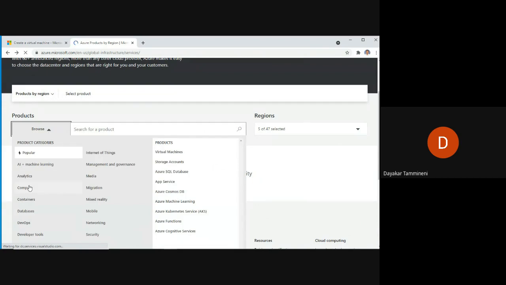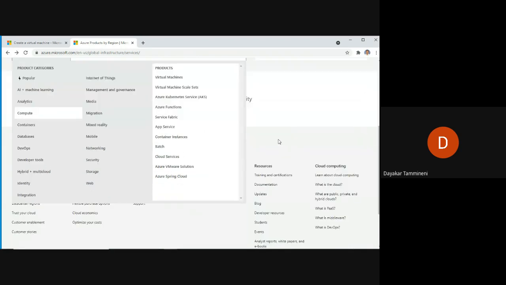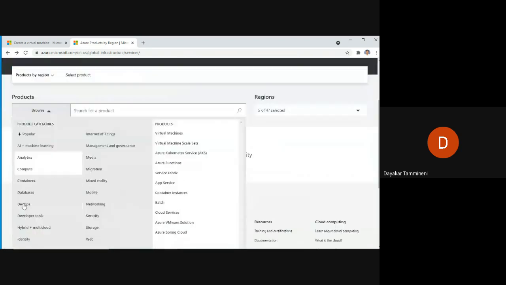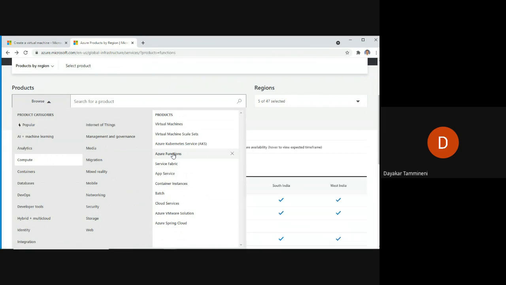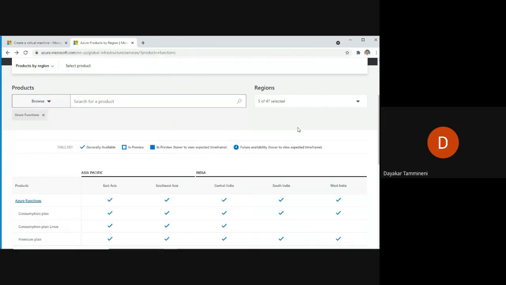Compute resource, I will select compute. Okay, so then it will show you